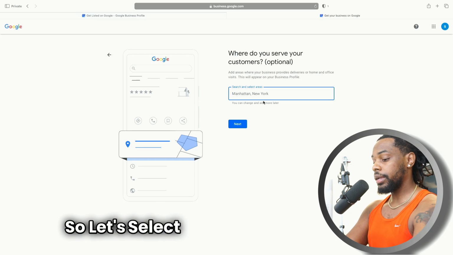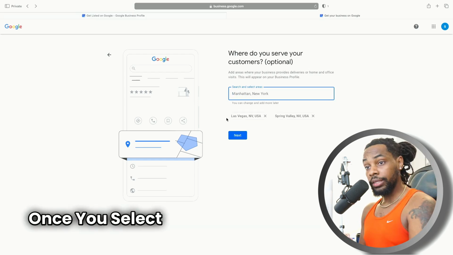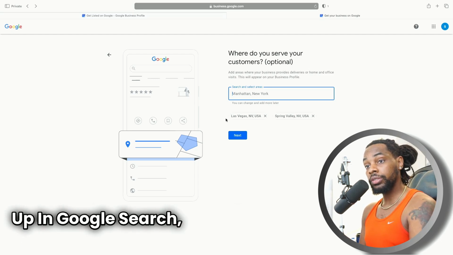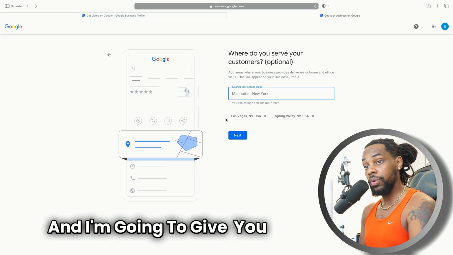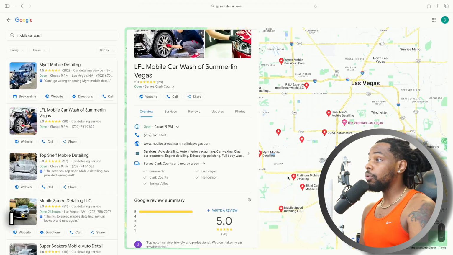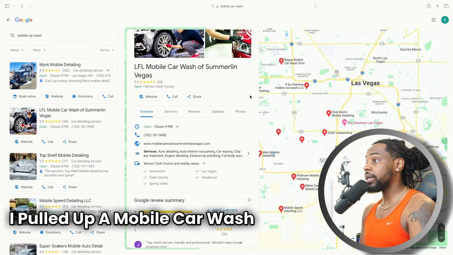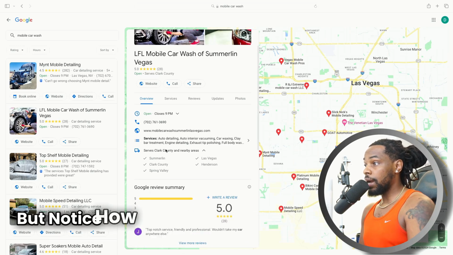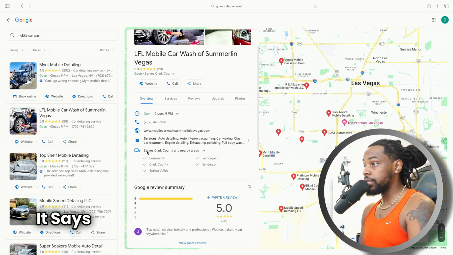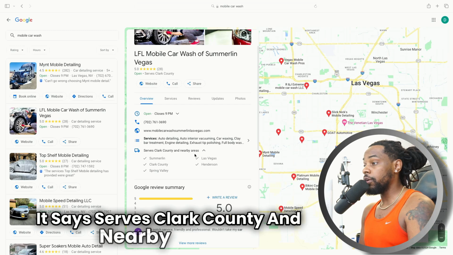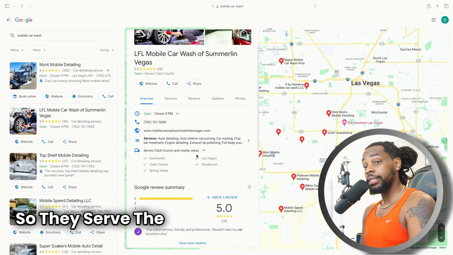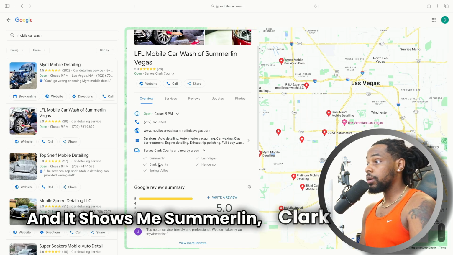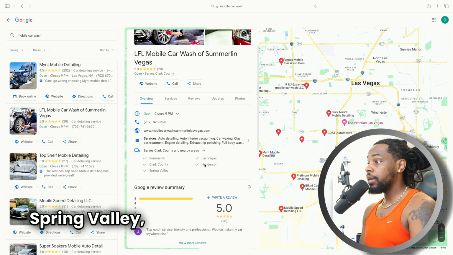So let's select Las Vegas. Once you select the service area, these are going to be the areas that will pop up in Google search that you provide services. And I'm going to give you an example of what that would look like. I pulled up a mobile car wash that's in Las Vegas. They operate in Summerlin, but notice how when I check it right here, it says serves Clark County and nearby areas. So they serve the entire county that I'm in, and it shows me Summerlin, Clark County, Spring Valley, Henderson,